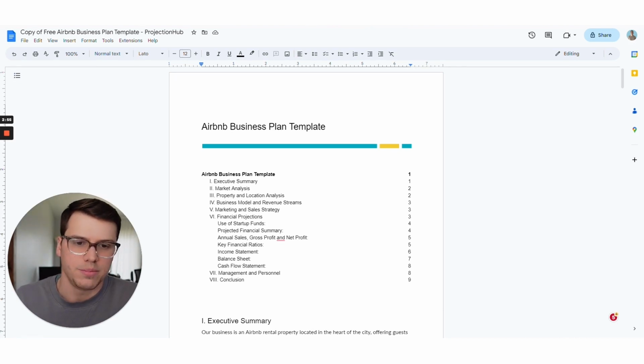But one thing I want to point out is you'll notice this is only 9 pages long. Now, a myth about business plans is that they need to be really long to be really good, and that's just not true. I'm telling you, in my time as a lender, if I got a 50-page business plan,